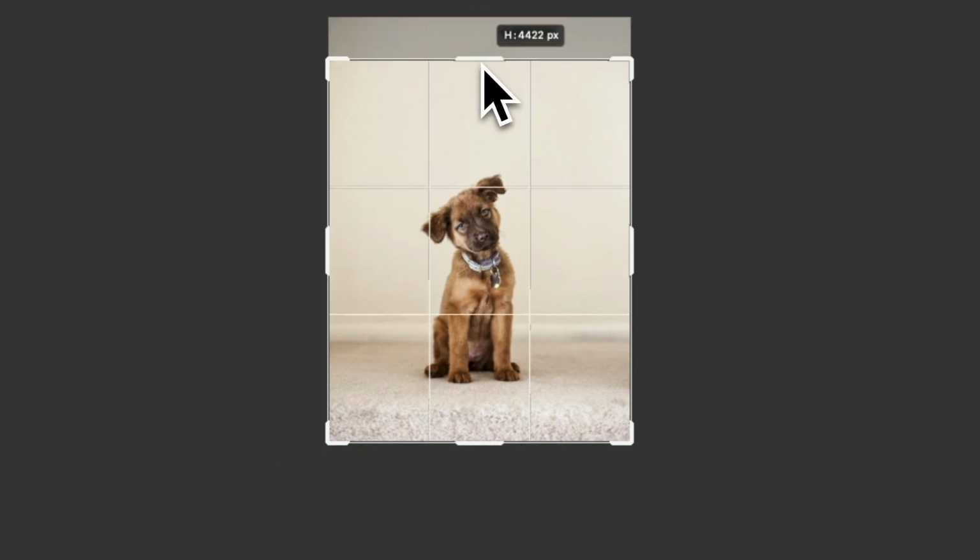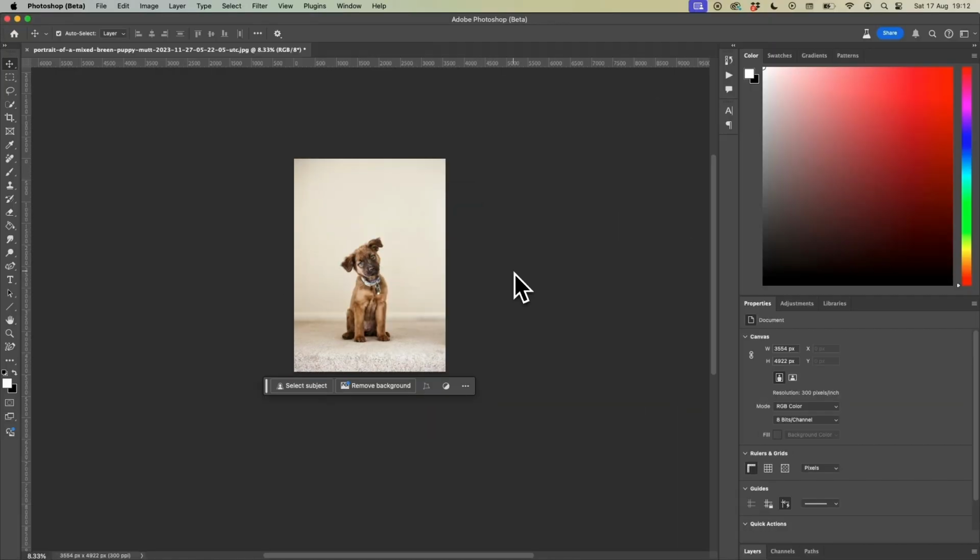How to crop an image in Adobe Photoshop. Let's get into it. With your image open in Photoshop, the first thing we need to do is go over